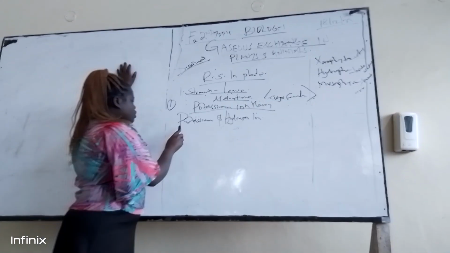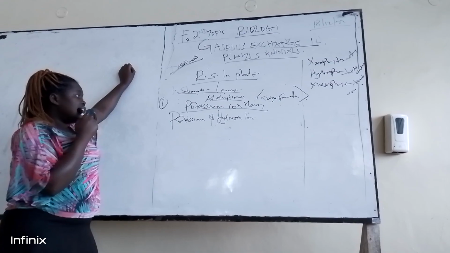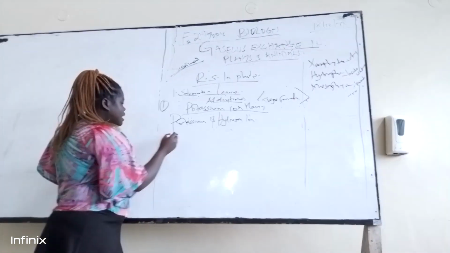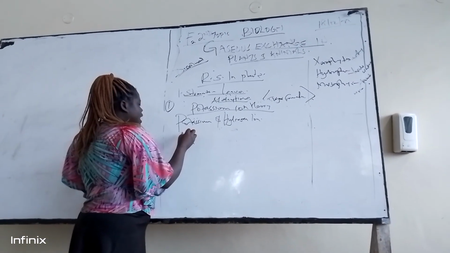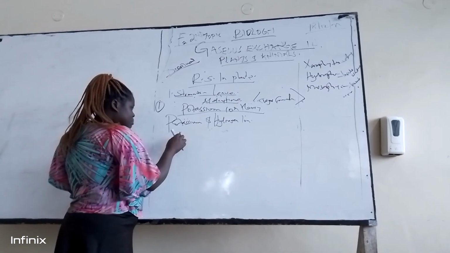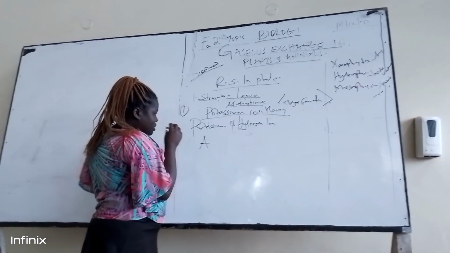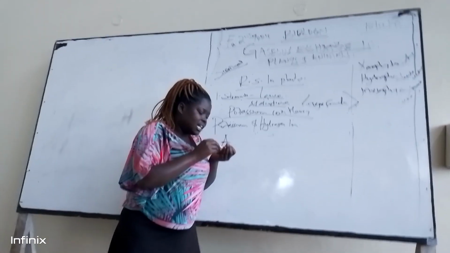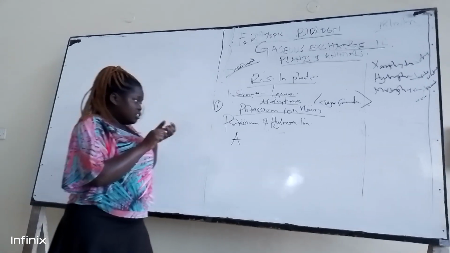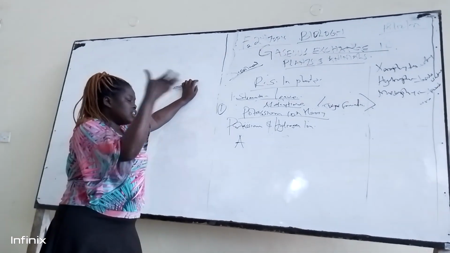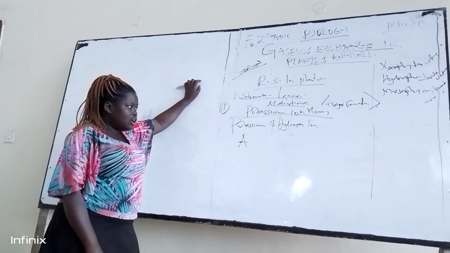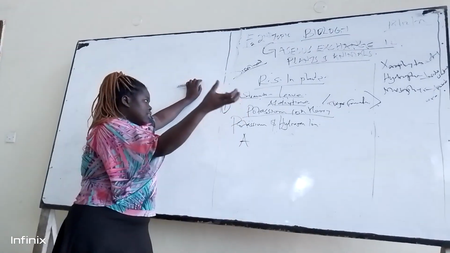And with the photosynthesis that has occurred, there is a release of energy produced. This energy will raise the osmotic pressure in the guard cell,